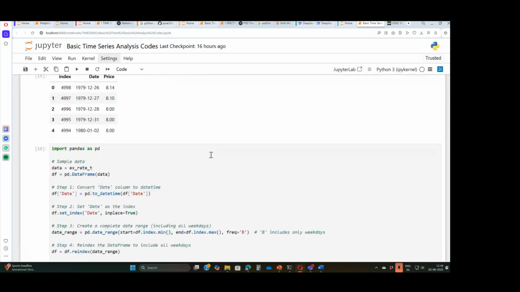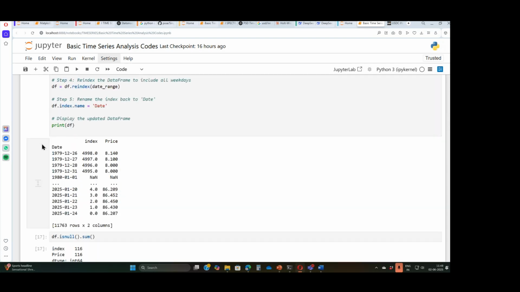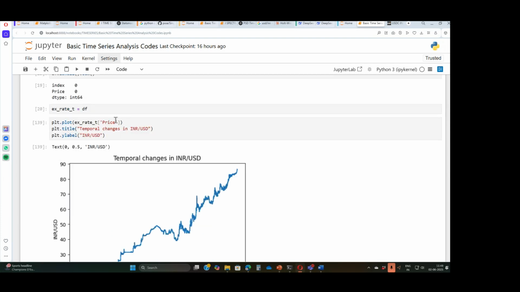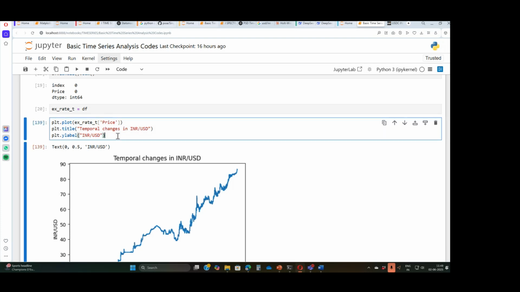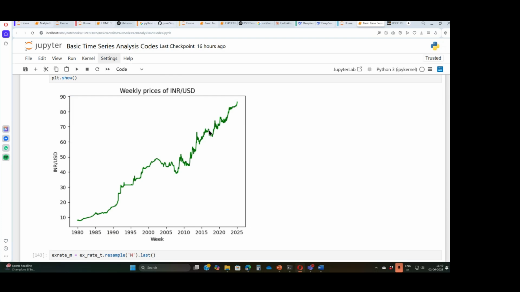Okay, so I've done that. So I'm going to do the PLT.plot. Since data is in the index, I don't have to specify it. Normally, when I give a PLT plot, first I must specify what is X, and then I must specify what is Y. But when the data is in the index, as you see over here, it doesn't have to be done. You just have to specify the Y, exchange rate price. Then I give a PLT title: Temporal price changes in INR versus USD, per USD. And I say, please put the label on the top. So what it does, it plots it. That is how my series moves from 1980 till 2020.